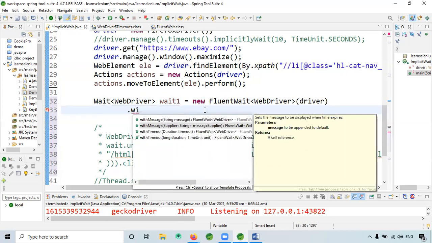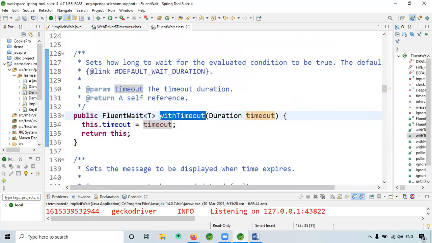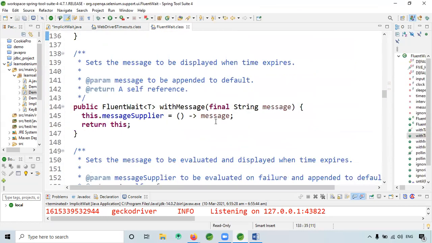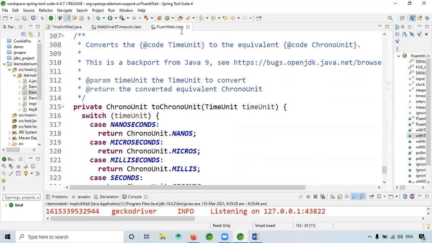With timeout. See, when I right click, open declaration, it will take me to the FluentWait class. It will give me whatever methods I have for that, the documentation.